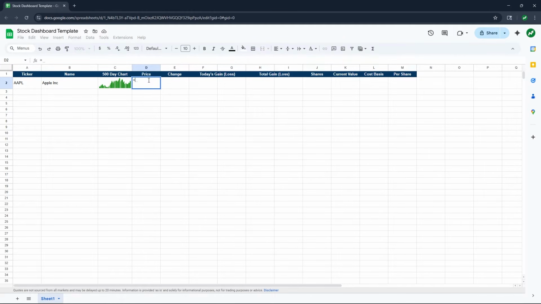In price, we'll type in equals Google Finance, start our parentheses, click on the ticker again, add a comma, and the attribute in quotations will be the price, hit enter. So the current price of Apple is $232.14 per share. The change, which will be today's change, we will type in equals Google Finance, open our parentheses,